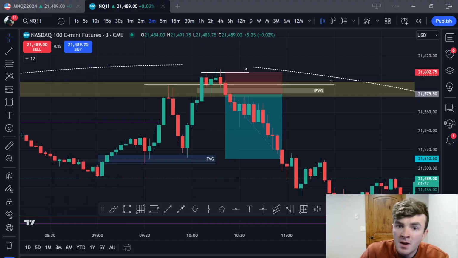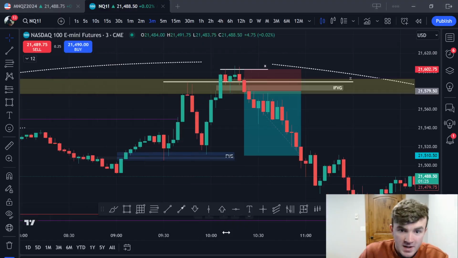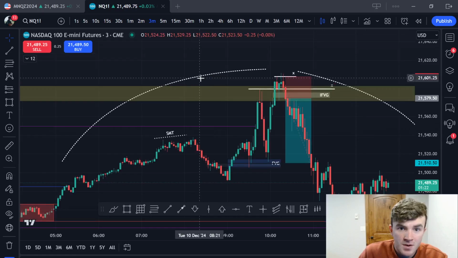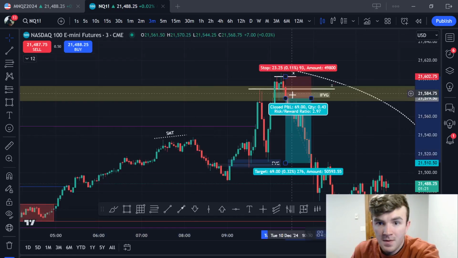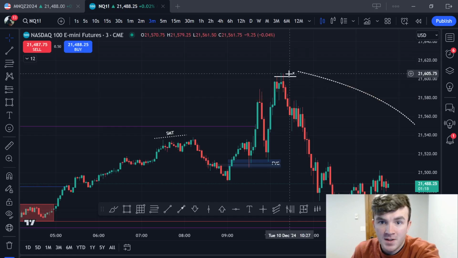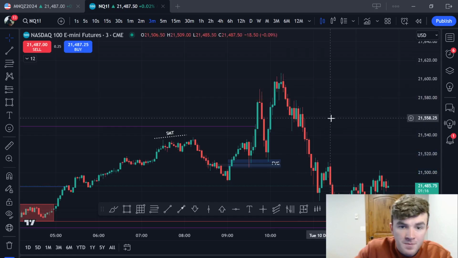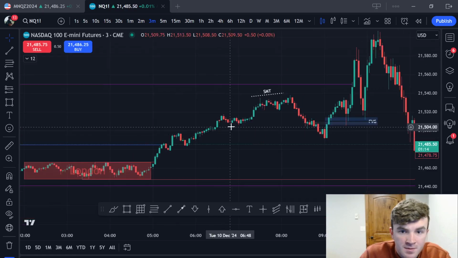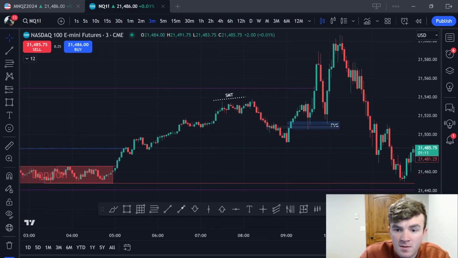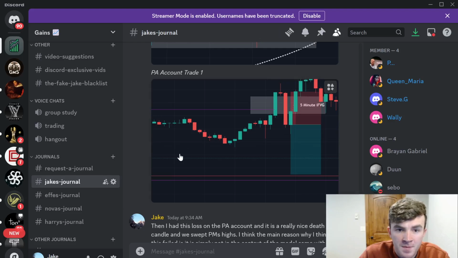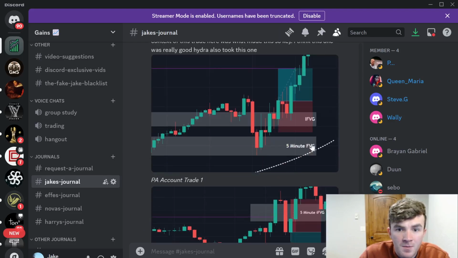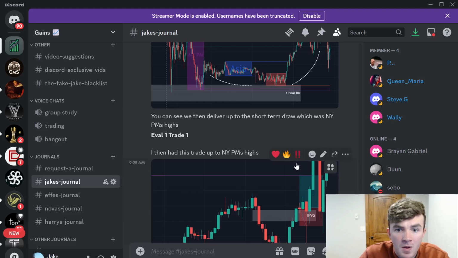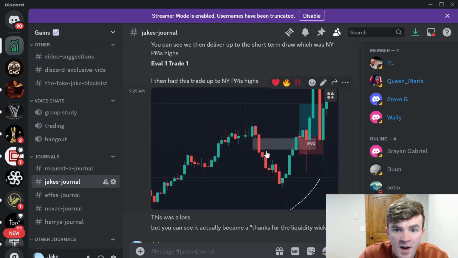So that's an example of a good trade. Now let's talk about another bad trade. We'll go into my journal here because I took a couple other trades as well, and so let's pull those up. We had this 5-minute inversion. I took it on one of my evals, and I thought this was good at first, but looking back,